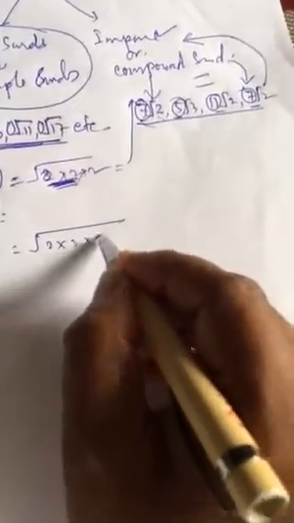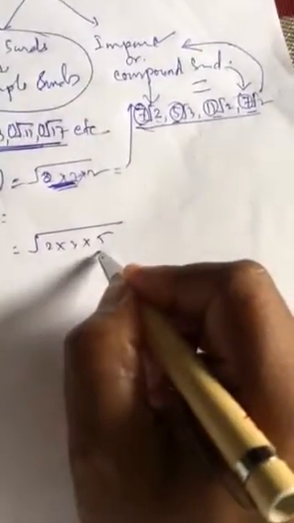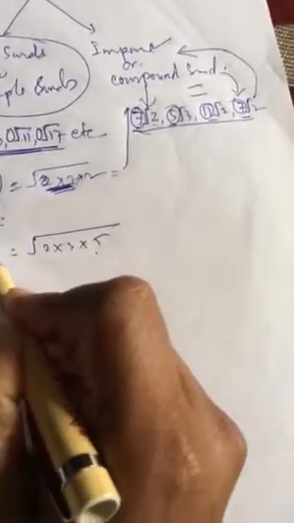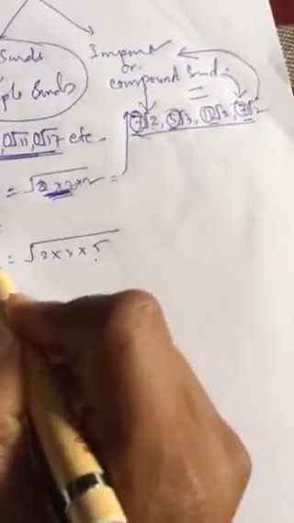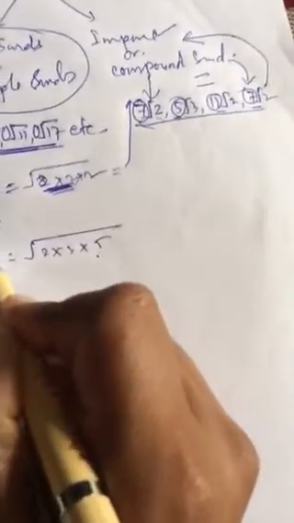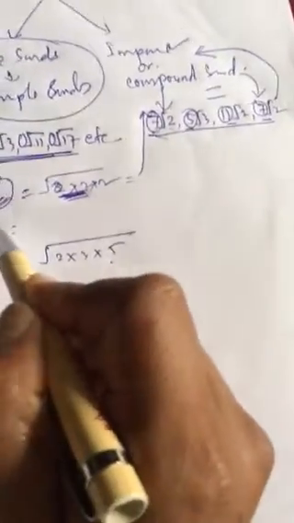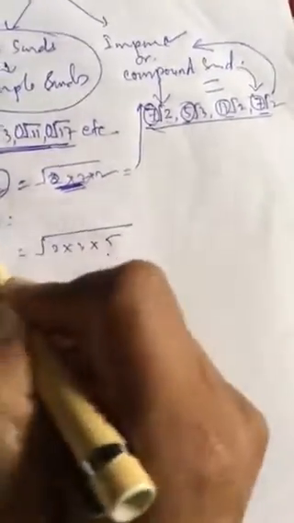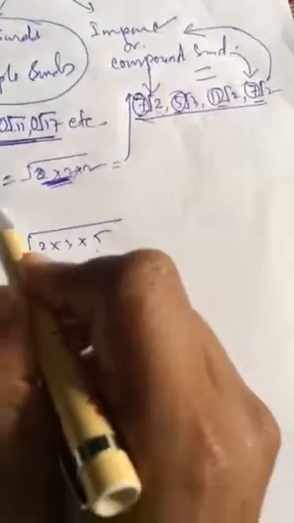If you do not get a pair of factors, like root 30, where you have 2, 3, 5, the number must be factorized, but 5 cannot be factorized. Remember, 5 is a prime number. If there is a prime number, you can easily understand it is a pure form and cannot be converted into impure form.